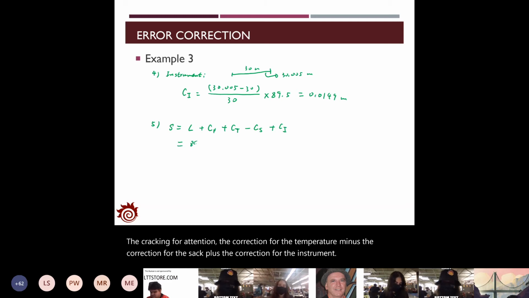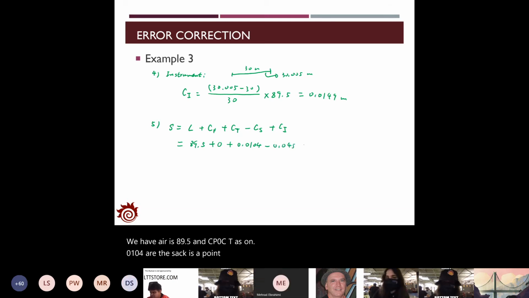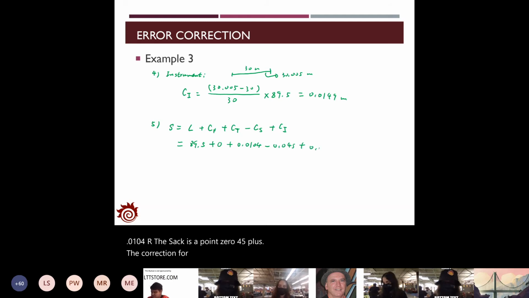We have L is 89.5, CP is 0, CT is 0.0104, the sag is 0.045, plus the correction for the instrument, 0.0149. It gives you the true distance of the slope as 89.480 meters, and then you can calculate the